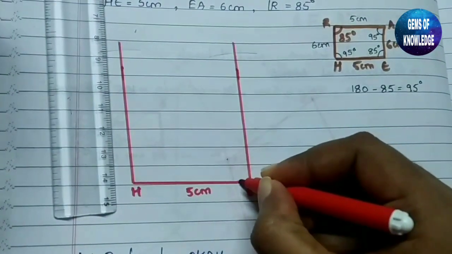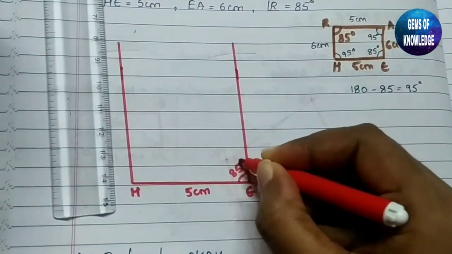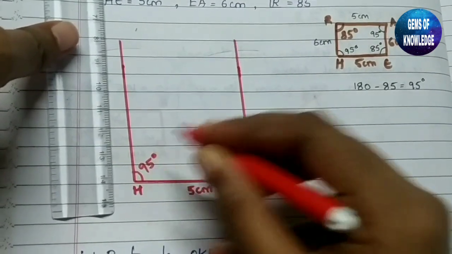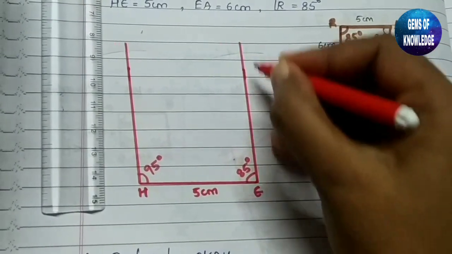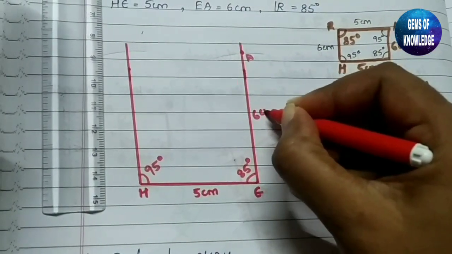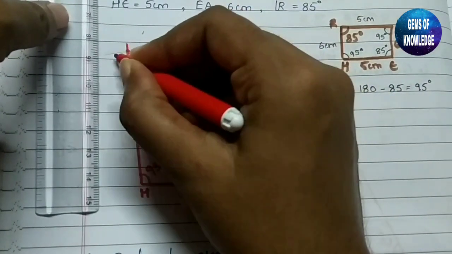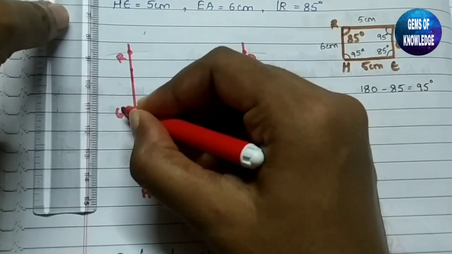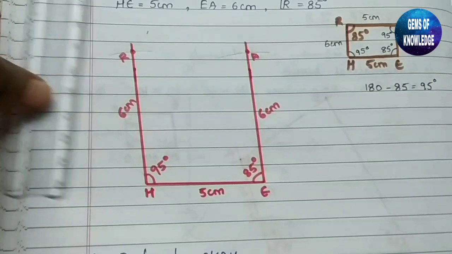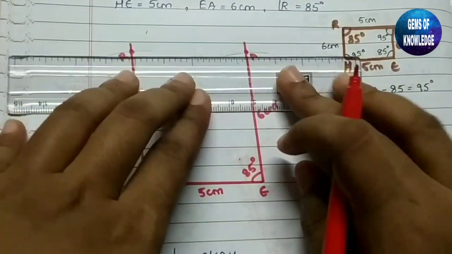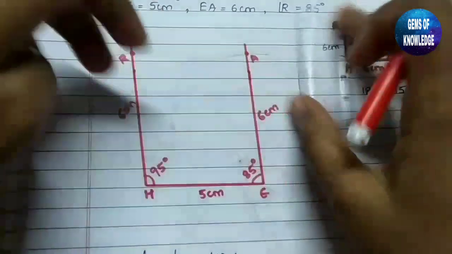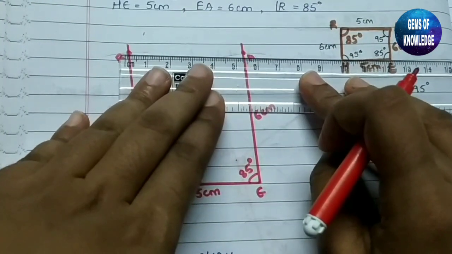So we got this angle to be 85 degree and this angle to be 95 degree. We got one more point as A, that is this line is 6 centimeter, and this point as R, and this line is also 6 centimeter. The last thing we need to do here is join both these points, and we can see that when we join these 2 points